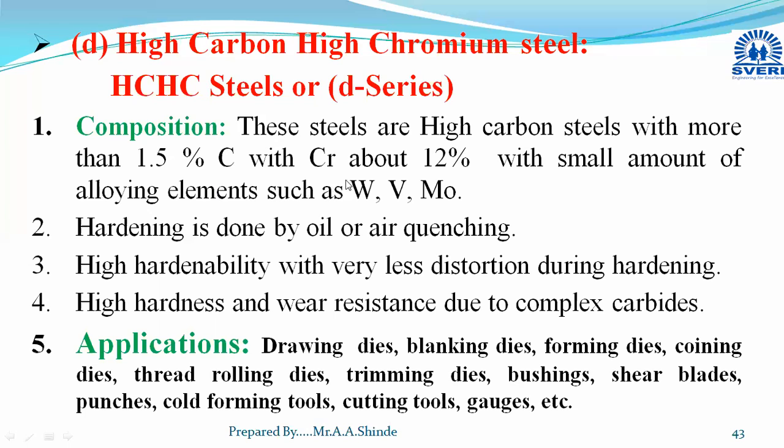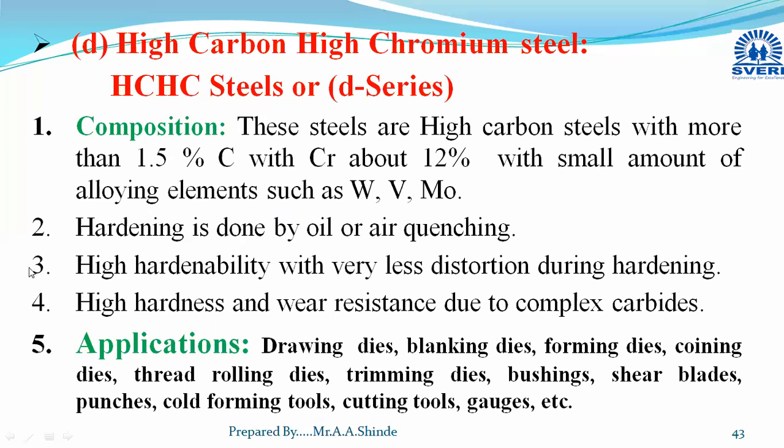Related to their composition, I will explain it again. These steels are high carbon steels with 1.5% carbon up to 2.2 or 2.3% carbon, with 12% chromium. Along with that, a small amount of other alloying elements like tungsten, molybdenum, and vanadium (V stands for vanadium) may be present. Okay, due to this composition, you can do the hardening with the help of oil quenching or air quenching very